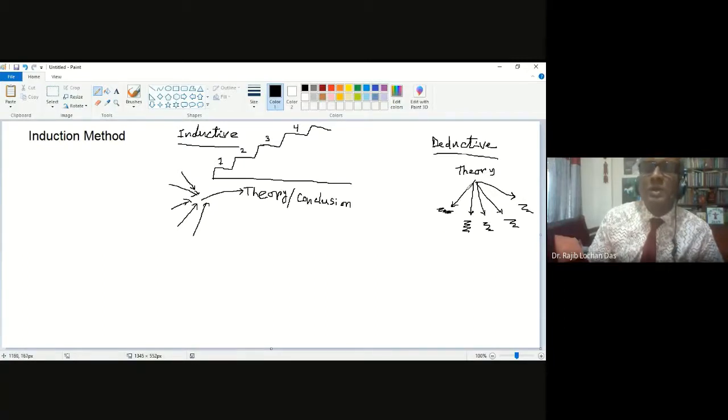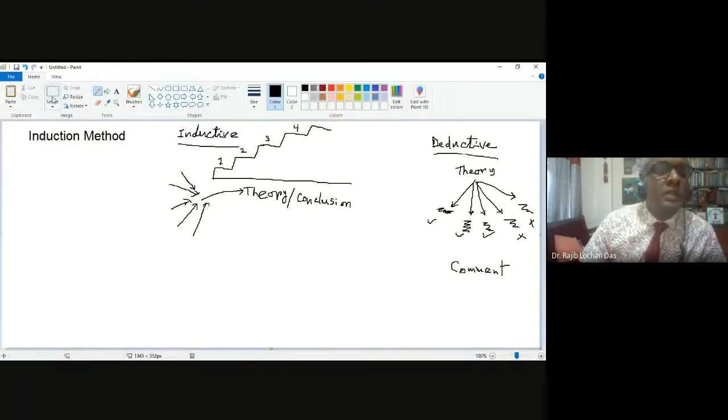Is this theory applicable for all the situation? Is this theory applicable for some situation and maybe it's not working for other situation? So finally you make some comments. Okay, so the theory is there, so we have tested the thing, and it is useful for this purpose, and it is not useful for other purpose. So that will be your research article, or that will be your thesis paper. So that is called deductive approach, deductive thesis.